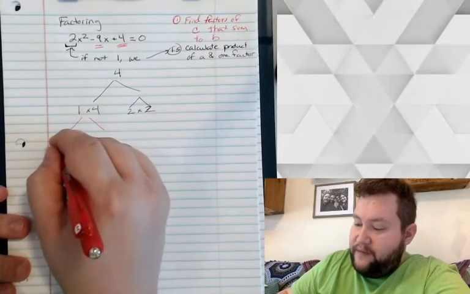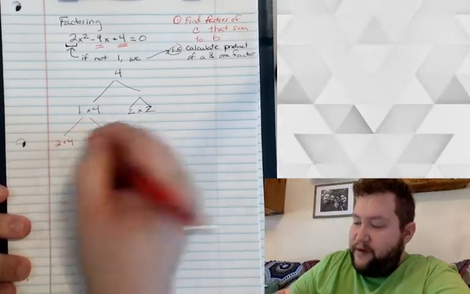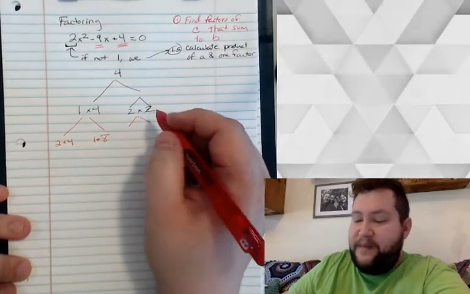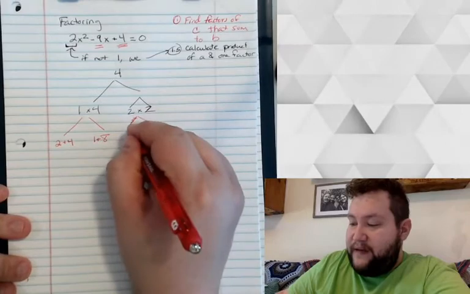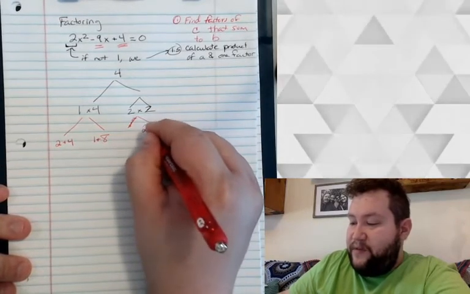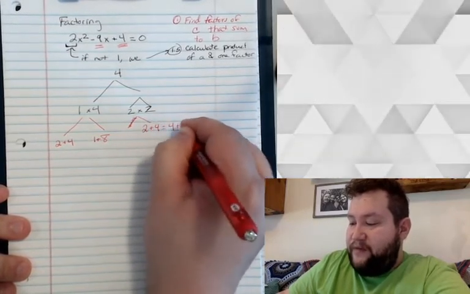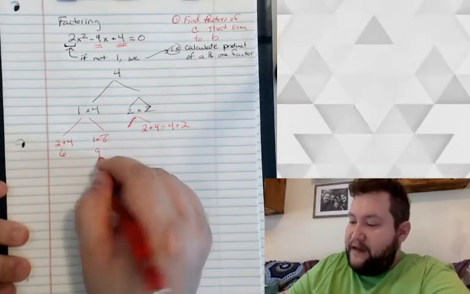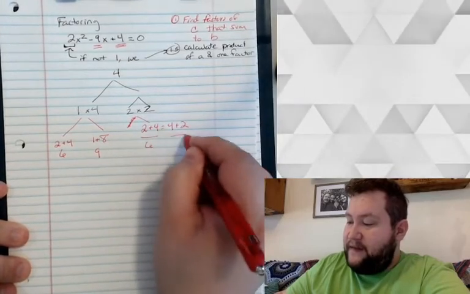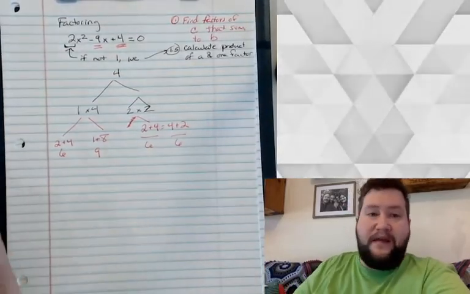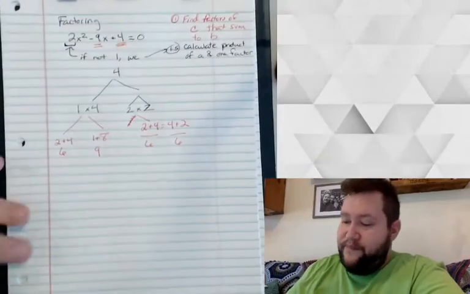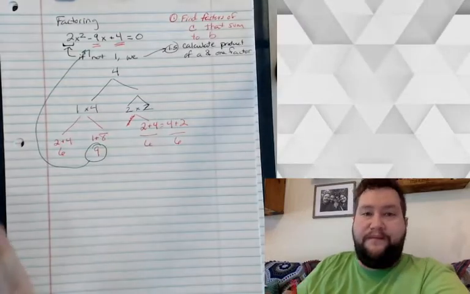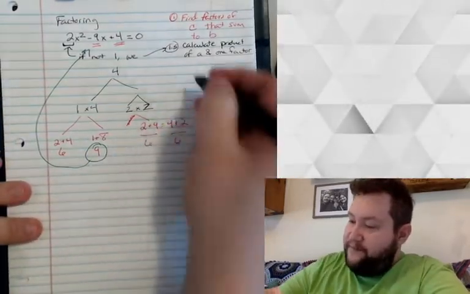So we're either going to have 2 plus 4 or 1 plus 8. And here, because they're both the same, it doesn't matter. We're going to have 2 plus 4 or 4 plus 2. Well, that's only 6. That's 9. That's 6. And that's still 6. And then we go back and look at our original, and it turns out that this 9 is what we want. And so to factor it,